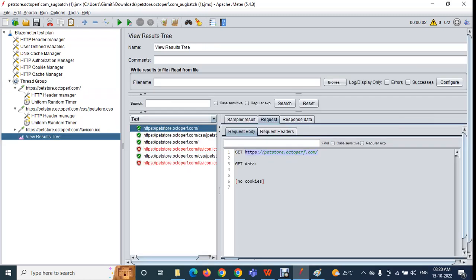Okay, so like that we can identify, right, what request we are sending to the server and what supporting headers we have been sent to the server. So if you click on the request headers, you can see what and all supporting headers we have been sent to the server. So అవి మనం ఇక్కడ చూసుకోవచ్చు.